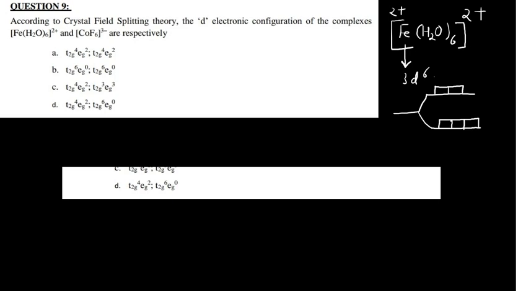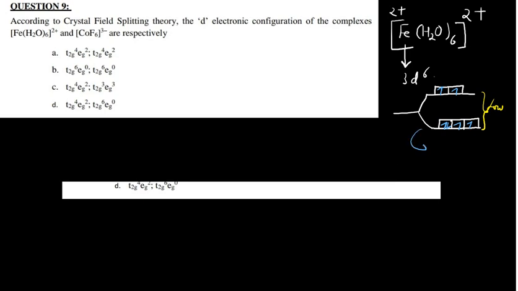Since this is the weak ligand, this splitting would be low, right? And pairing energy would be high. So electrons will not pair up here, and you know the weak ligand will form high spin complexes. High spin complexes means first you will fill the electrons in all the available d orbitals. If electrons are left, only after that you will do the pairing. So how can I fill the electrons in it? Electron number 1, 2, 3, 4, 5, and electron number 6. So what configuration are you having? You are having t2g4 and eg2.